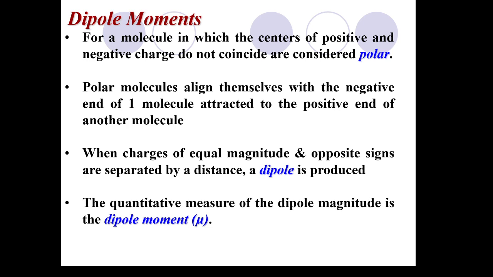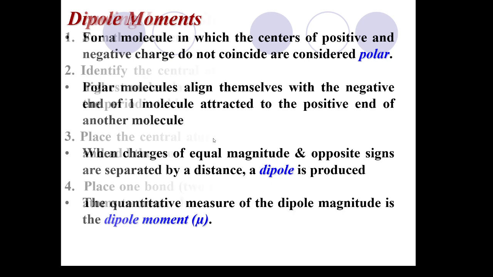So the first thing I need to have a dipole moment is to make a polar covalent bond. I need a difference in electronegativity. I need something to be positive. I need something to be negative. The next thing I need to do is make sure that across a distance, there's a quantitative value across a vector of a difference in positive and negative charges. If I am a non-polar covalent bond, I will not have a dipole moment. If I'm a polar covalent bond, it's possible I have a dipole moment, but not necessary.